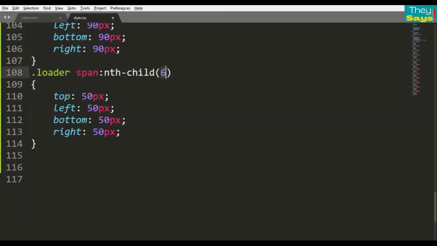For child number 11, position value is 100.